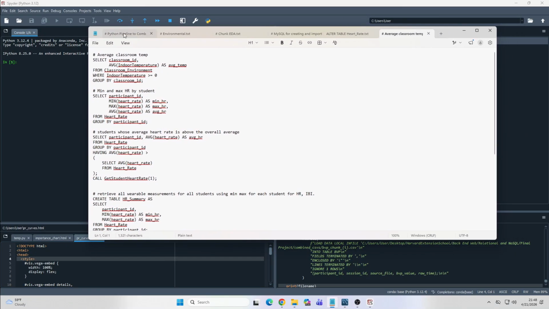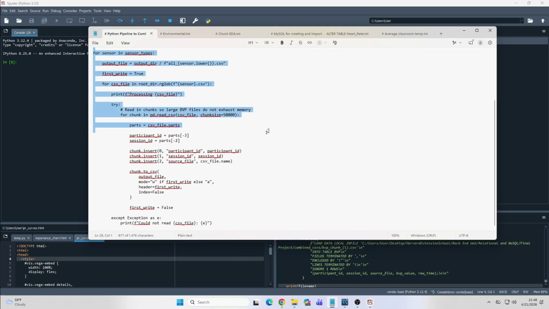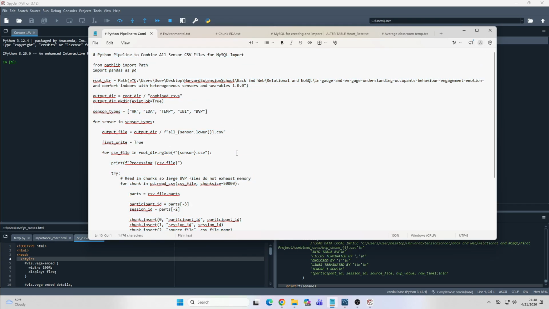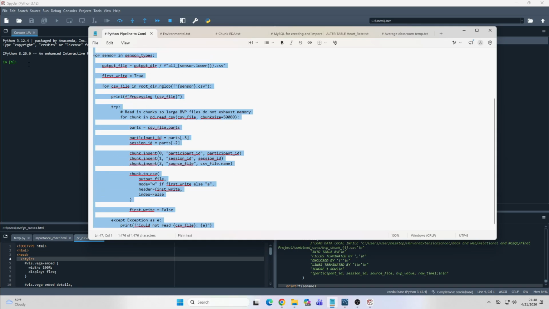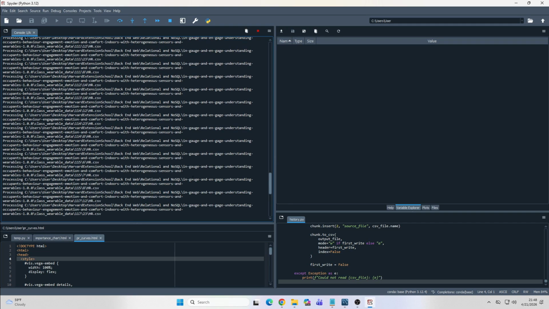Alright, first off, we're going to have to prepare our data to be used in our SQL database. And to do that, because the files are so large, we're going to have to use Python in the Spyder IDE. And with this code, it'll take approximately 67,000 data files, which are in folders, subfolders, subfolders, subfolders, and we'll iterate through those